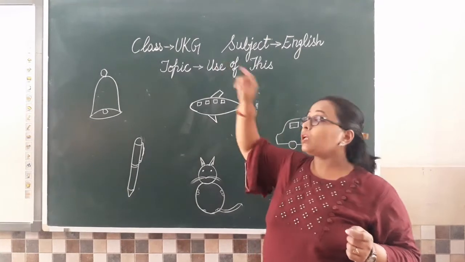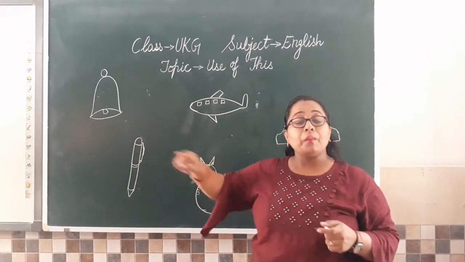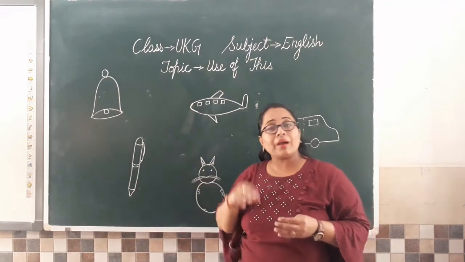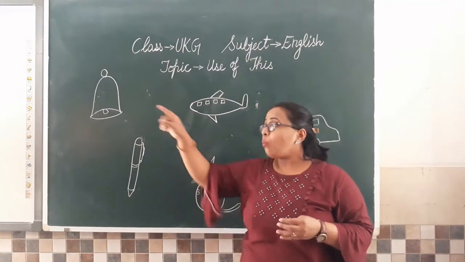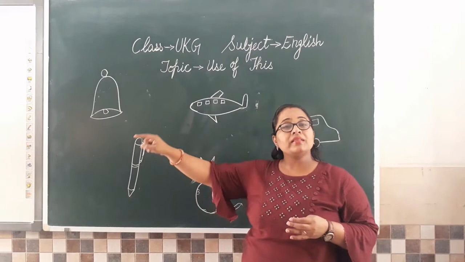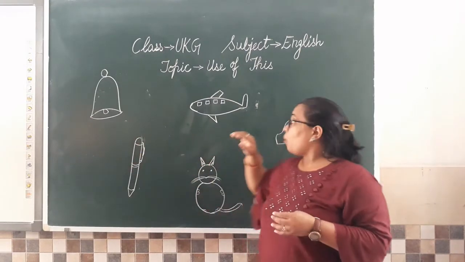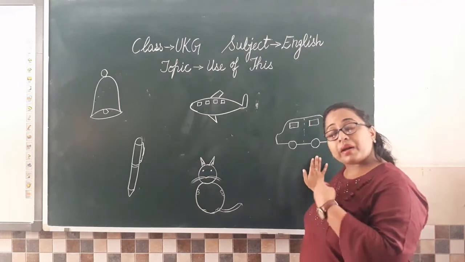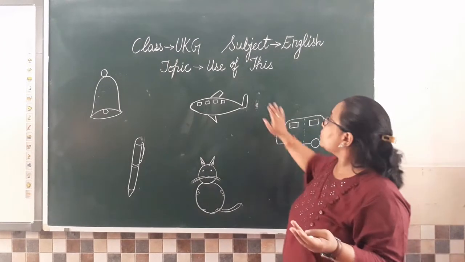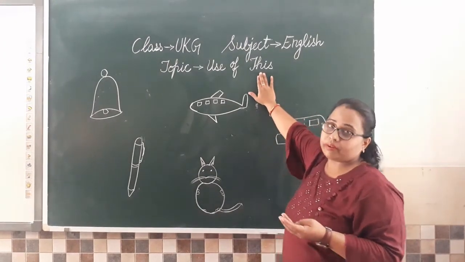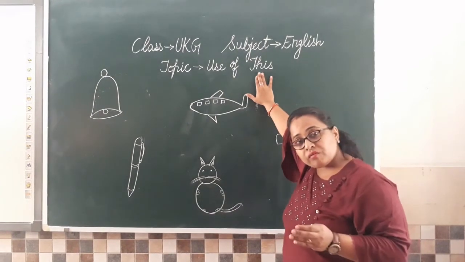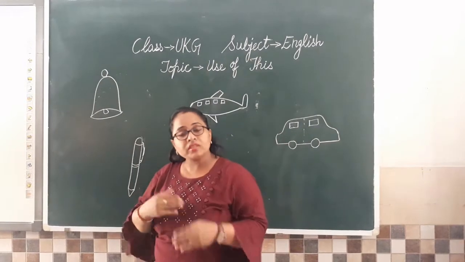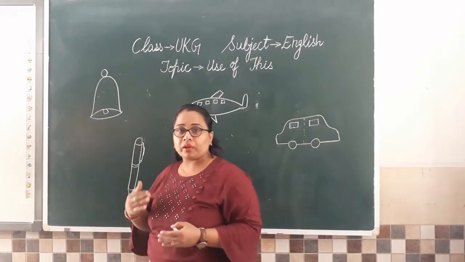Now if Ma'am asks what is that, then for an object that is far, Ma'am is also using the word that. What is that? So you will answer, that is a window. What is this? This is a car, because it is near us and we are using the word this for it. Okay? Understood everyone? Now let us begin with the first. We will use it and then you will understand it more clearly.